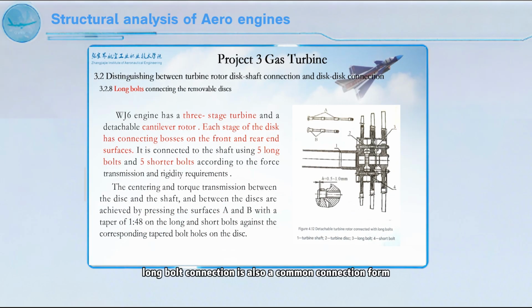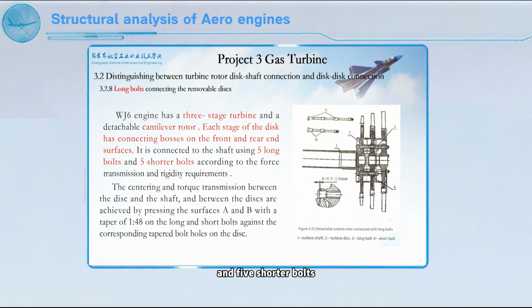Long bolt connection is also a common connection form for turbine disc connection. As shown in the figure, the three-stage turbine disc of the W6 engine is connected by long bolts. The turbine rotor of the W6 engine is a detachable cantilever rotor. There are connecting bosses on the front and rear ends of each stage disc. According to the force, transmission size, and rigidity requirements, it is connected to the shaft with 5 long bolts and